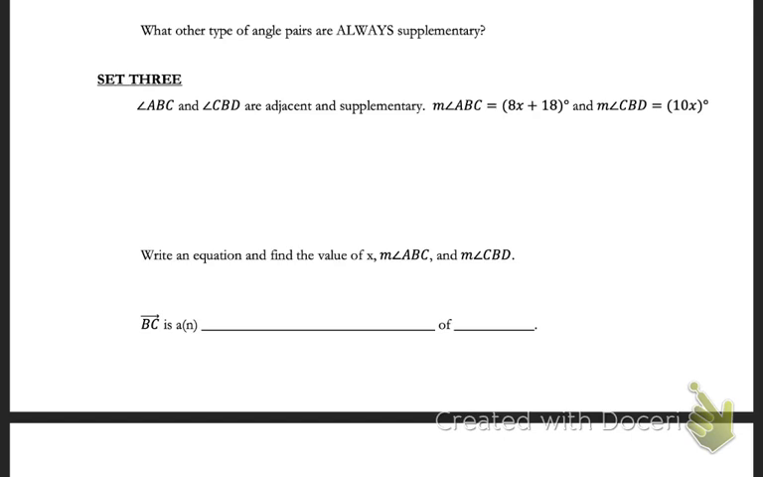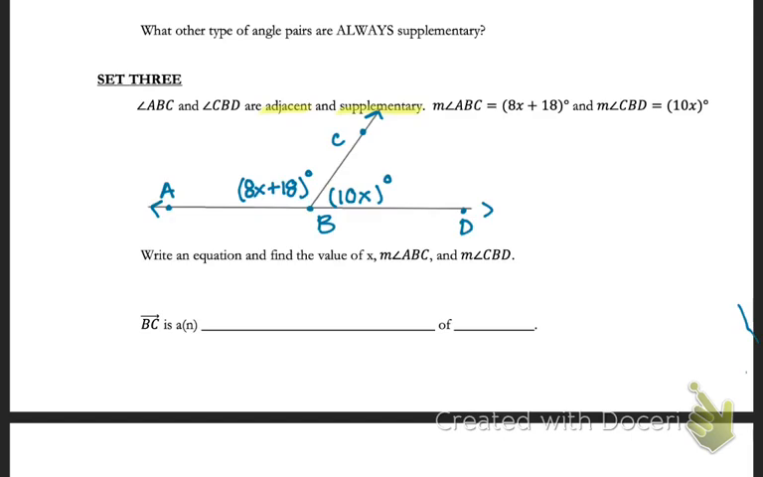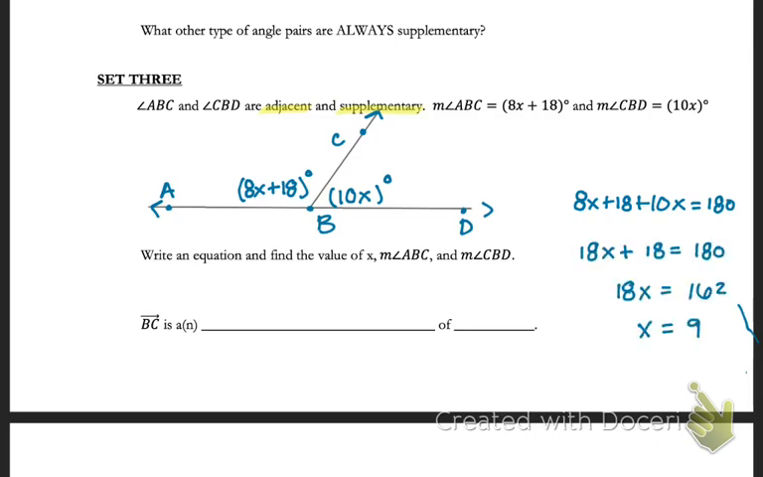The other thing is, based off the name of my two angles, because the B is the center letter in the name of my angles, I know B has to be that common vertex. So what I've done here is I've drawn a line, I split it into two angles. The reason I have a line is because they're supplementary, and I've labeled them as the ABC, CBD, and put in the corresponding measures that were given. Now that I've done this, I can actually start to set up the angle addition postulate. So 8x plus 18 plus 10x equals 180, and we're going to combine our like terms and solve to get